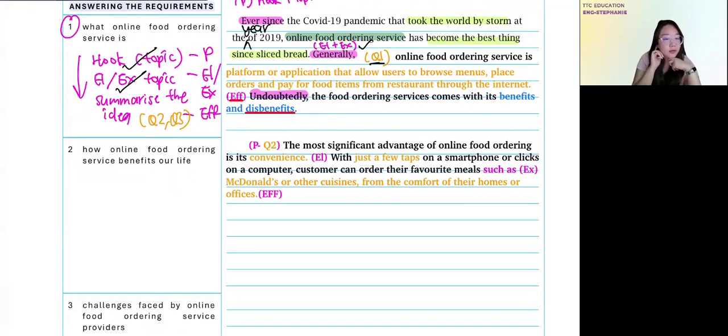Okay. McDonald's, you cannot write it as an abbreviation, cannot, because this is a factual essay. It's meant to be formal language, so you cannot use short forms or abbreviations. All right. And the very last one, the effect. Here you can say